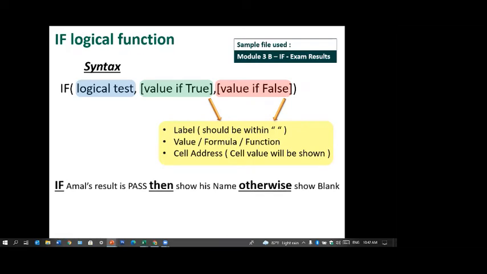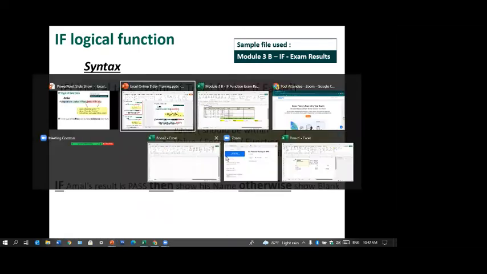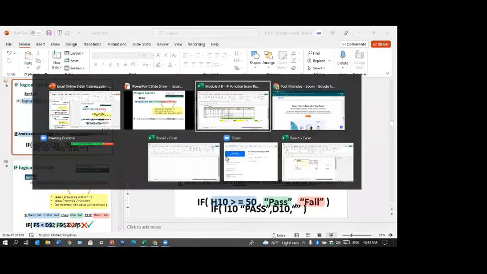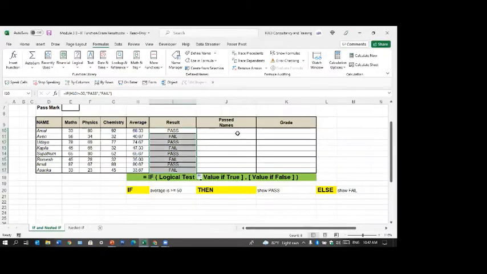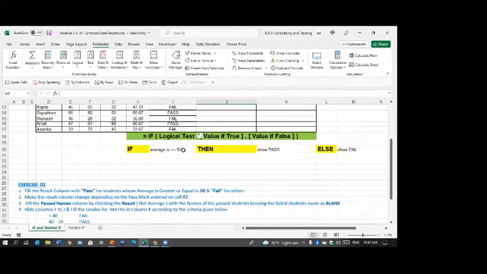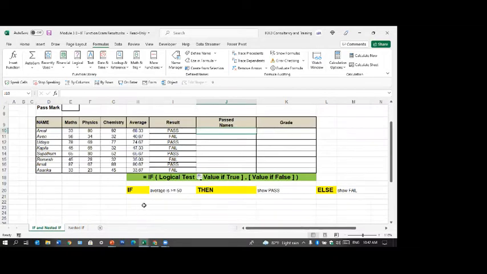The second question here is, give the names of the people who have passed by checking the result. That's question number 2. Fill the pass names column by checking the result, not average. So how do you write this?